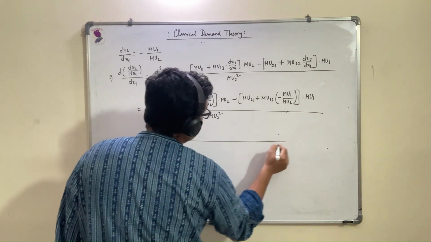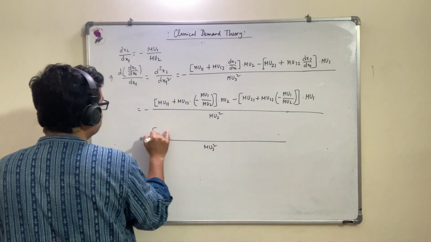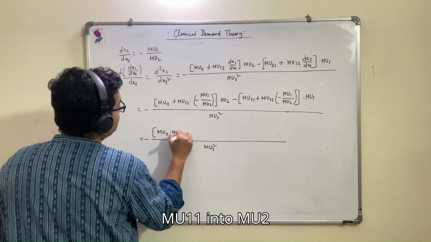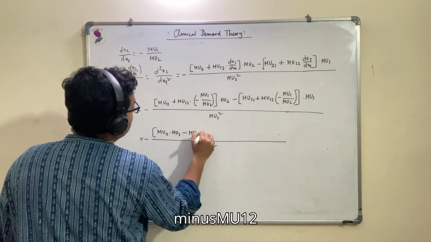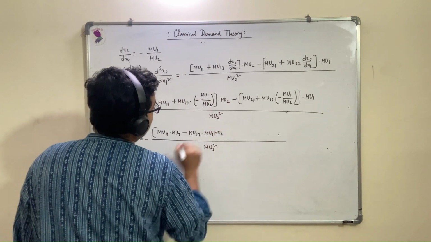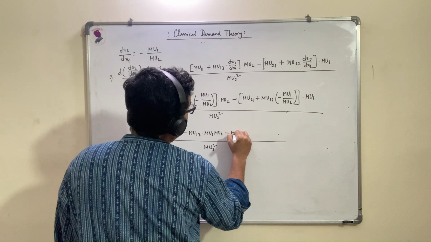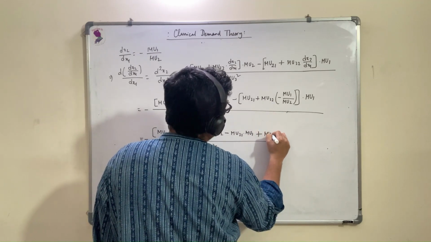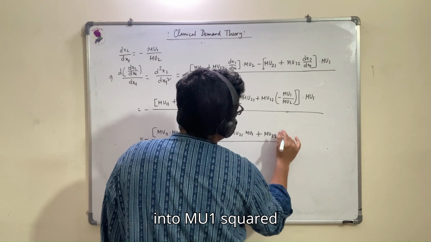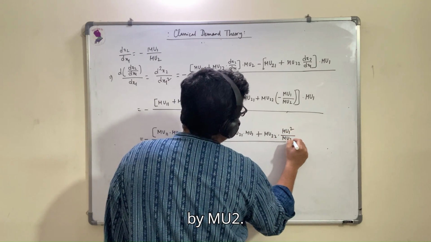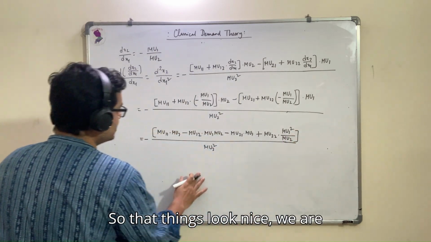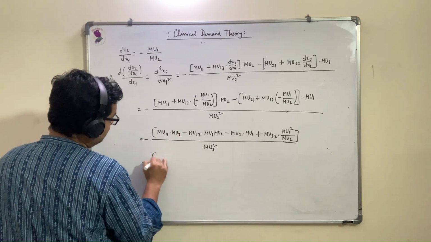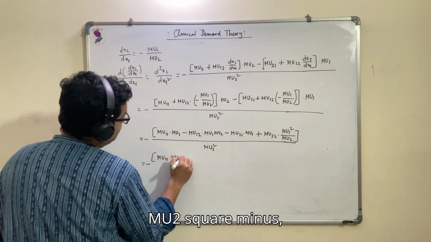So minus mu2 squared. Now if we open things up, mu11 into mu2, minus mu12 into mu1 mu2, minus mu21 into mu1, and minus minus plus mu22 into mu1 square by mu2. So that things look nice, we are going to multiply by mu2, both above and below. So it will become mu11 into mu2 square minus,